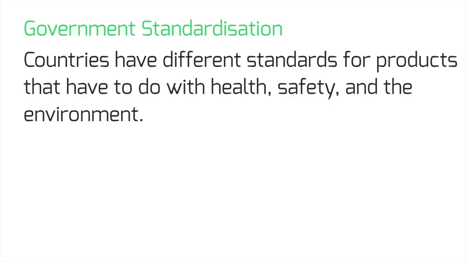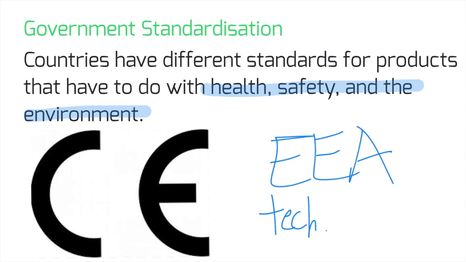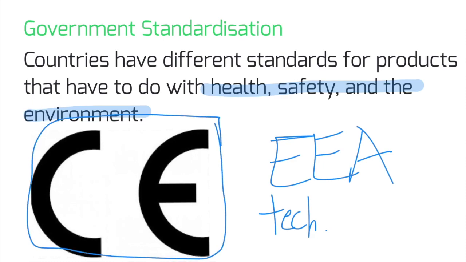So there are three main types of standardization, and the first type is called government standardization. These are countries that have standards for the products that are created within that country, and they have to do with health, safety, and the environment. One example of this could be the certification mark that was created by the European Economic Area, the EEA. You see this often in products that you buy in Europe, and it's most often used for tech products. What's important is that if consumers can see that this certification mark is found in their tech products, then they know that this manufacturer has indeed conformed with the health, safety, and environmental regulations